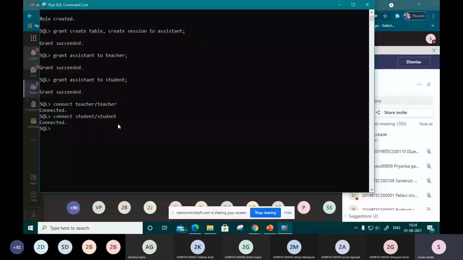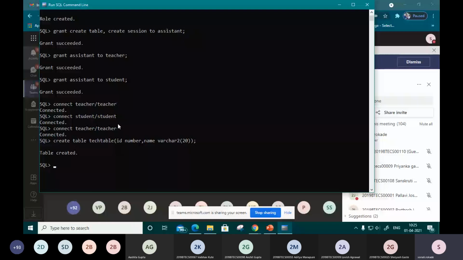So for that purpose, again I have to use the teacher account, and in that one I will create a table. In that I will have two attributes, ID and name, with the data type varchar2 with a size in brackets. Okay, so in this way we will create a table. So we are having this create table message. For further information, consider we are inserting some values into it.